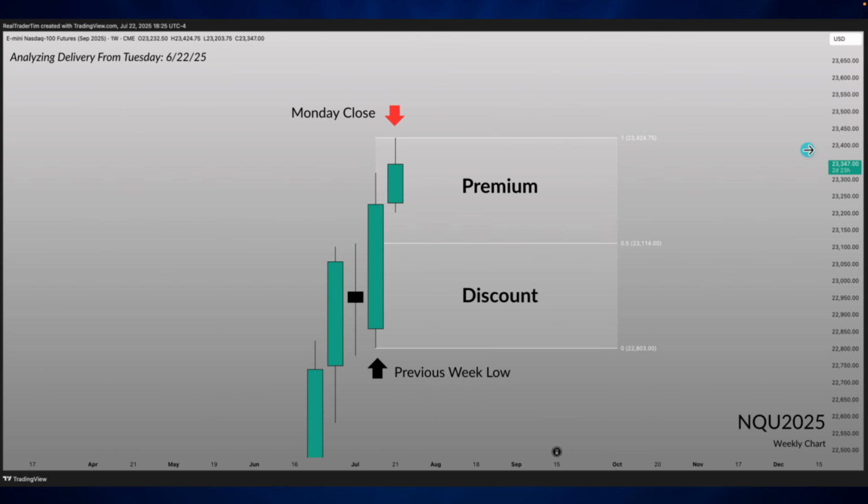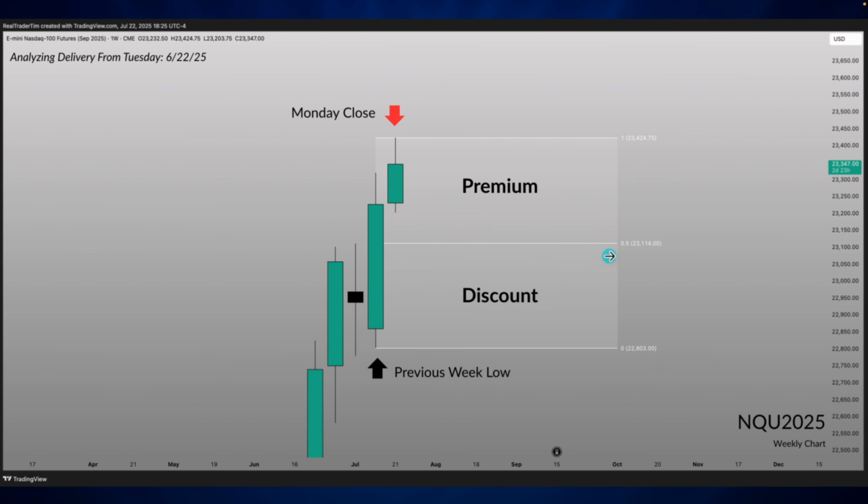But now if we look at that Monday close, 23,347 and 23,114, equilibrium of this most recently refined dealing range, it's a bit more reasonable for price to retrace down here. Okay, now when we've established this dealing range still on this weekly chart, we want to then look for KRPs or key reference points where price could bounce off of and just look for as much confluence as we could. So already 23,114 even, this equilibrium of this higher time frame dealing range, is a key reference point, a place that if we do see price come down into, we want to see if we are given our reversal signatures